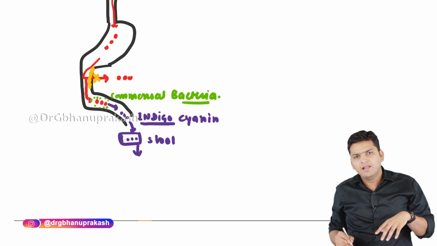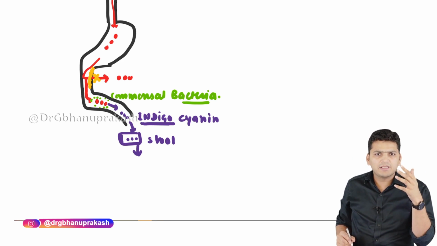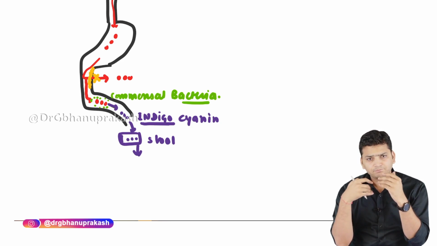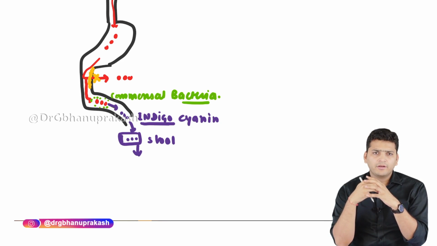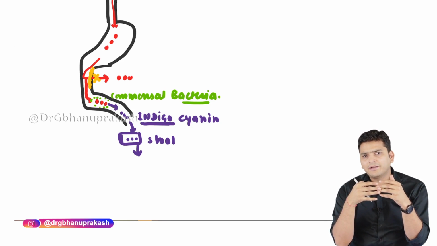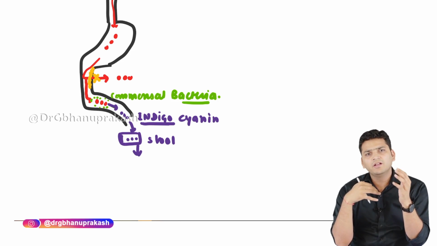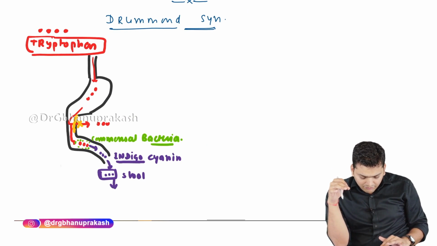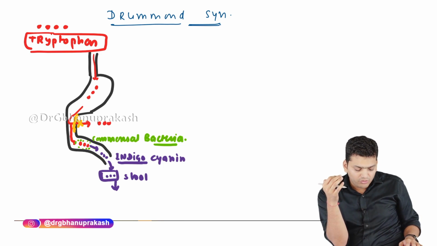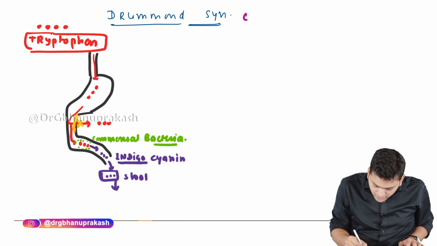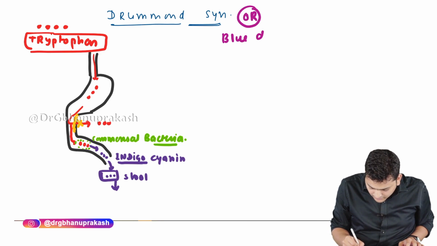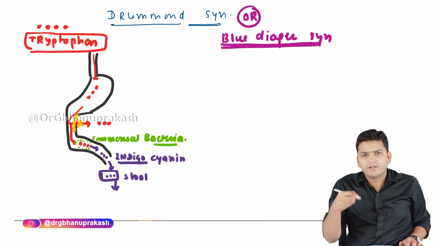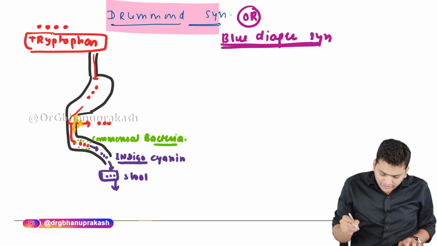So the mother will bring the child to your OPD or maybe the emergency, saying that her child has had blue colored stool since birth, right? In the initial part we may neglect it for a few days, maybe a week altogether, and later, when it continues, the mother will bring the child. If there is blue discoloration of the diaper, that is referred to as the Drummond syndrome. The other, more commonly used name is the blue diaper syndrome. They are not going to use the name blue diaper syndrome in the exam because it's very obvious, so they will mostly use the alternate name in the MCQs, and that is the Drummond syndrome, right?